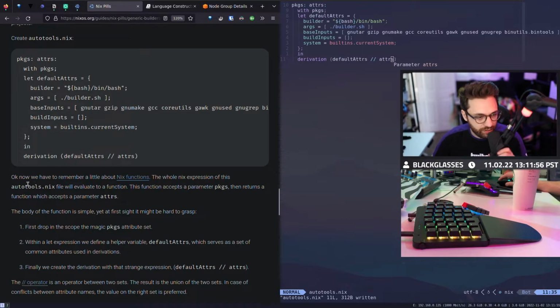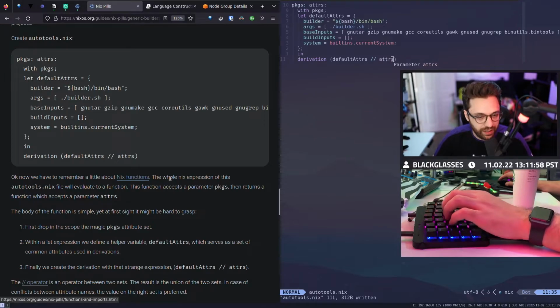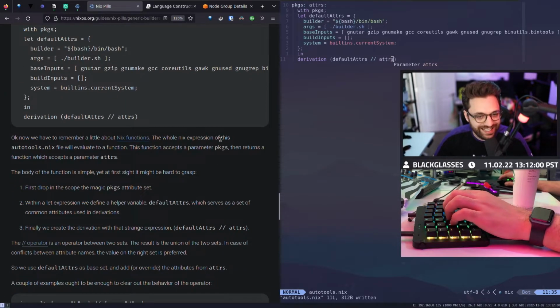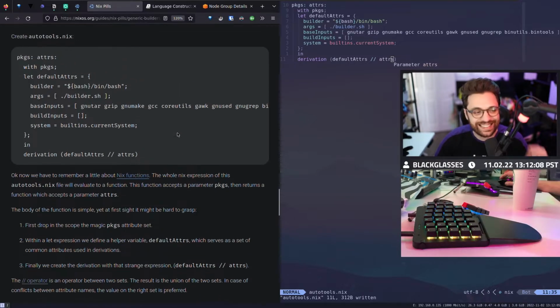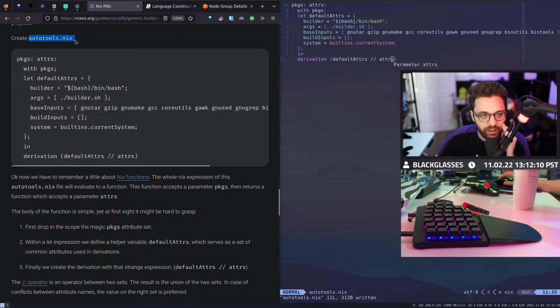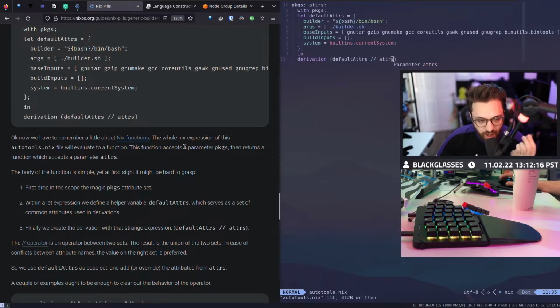So let's talk about this. We have to remember a little bit about Nix functions. The whole Nix expression of this autotools.nix file will evaluate to a function. As I said, when we evaluate this file, because we declared it as a function first, it's going to need to be used as a function.